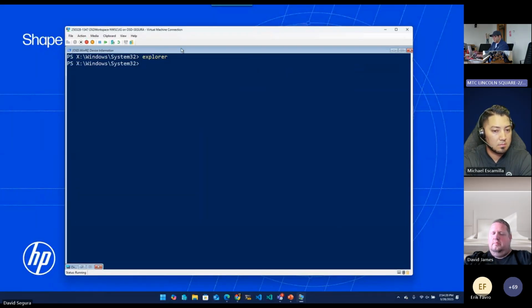So let's see if I remember this. AzCopy, my source. Oh, I forgot the copy command. Anyone use AzCopy? Real powerful. My destination is environment there. And